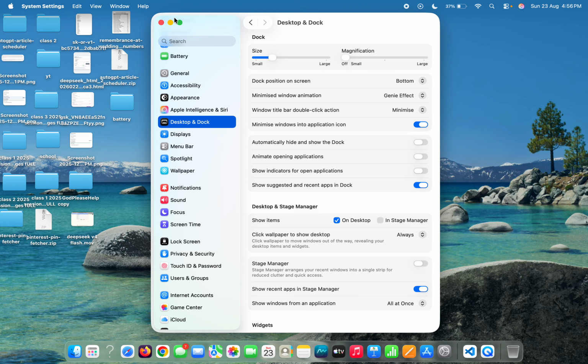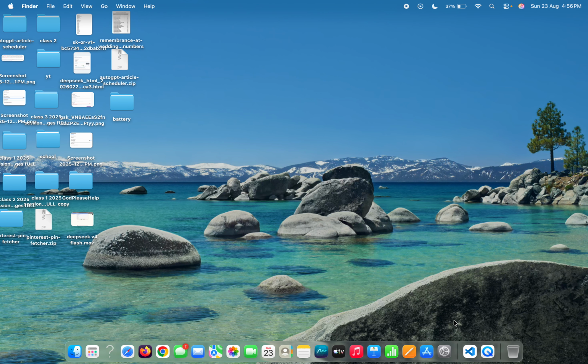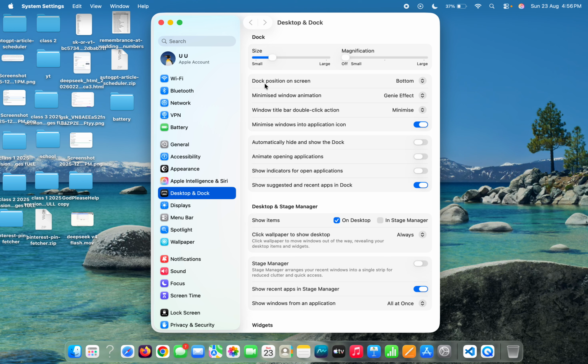Also, you can come here from here also. Look for the middle line here. Right click on Dock Settings, and you will come to this page. From there you can increase the size of your dock